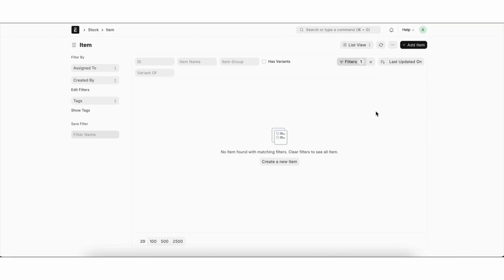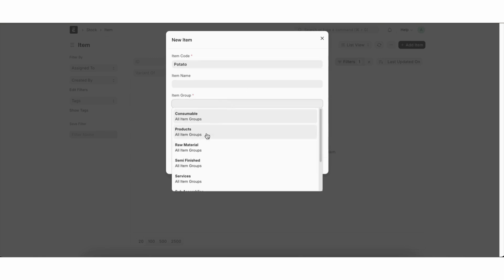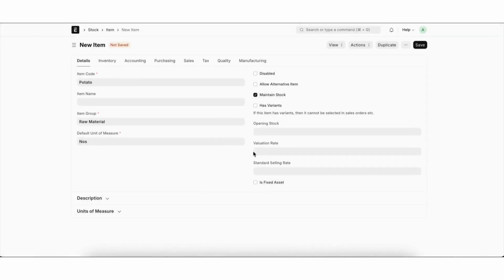First we will create all the raw materials required for burger preparation. So here we will create items like potato, breadcrumbs, onion, bun. So let's take potato as the first example. Potato. Item group, raw material, and go to the full form